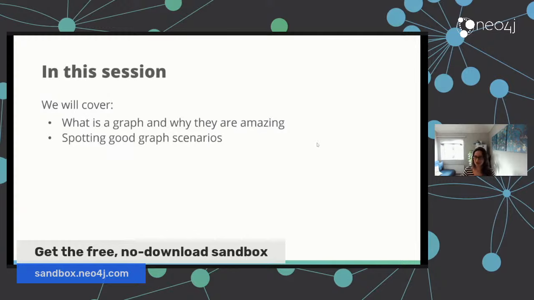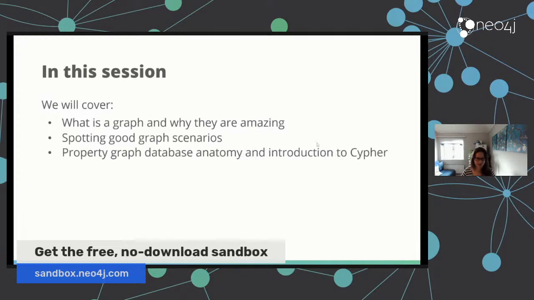We are then going to go through some quick scenarios that you can look at so you can identify when the problem you're looking at probably is a good fit for a graph database. We are going to look at the anatomy of a property graph database, and I'm going to give you a super quick introduction to Cypher, because then we are all going to be doing a hands-on example in the Sandbox,